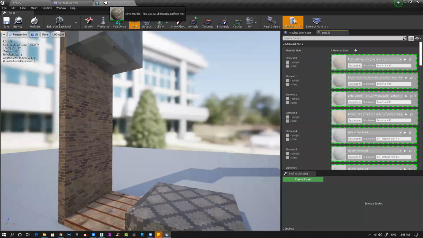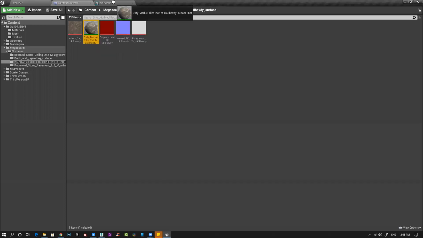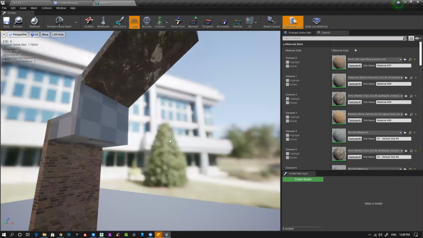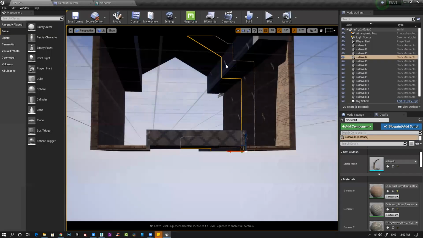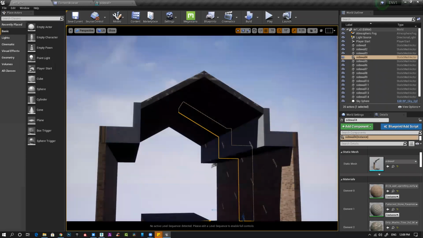Select this and apply it here. I can apply it here, and for this I can use some other texture randomly. So I'm just applying this. You can see it's automatically applied here also.